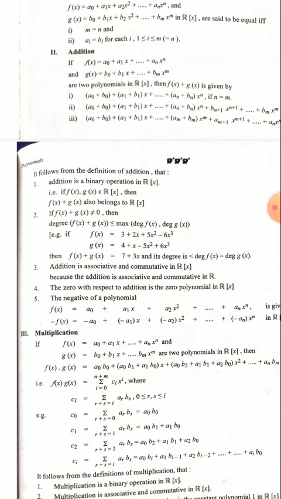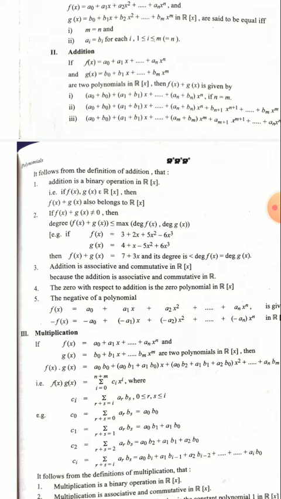So addition is associative and commutative in R of x. So we know what is meant by associativity and commutativity. Because the addition is associative and commutative in R. The zero with respect to addition is the zero polynomial in R of x,